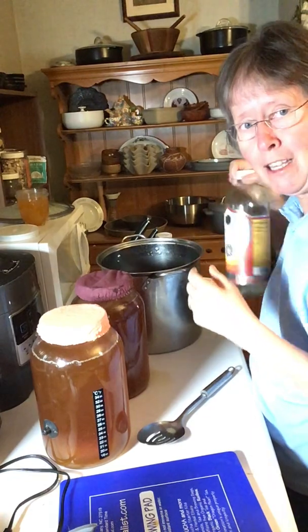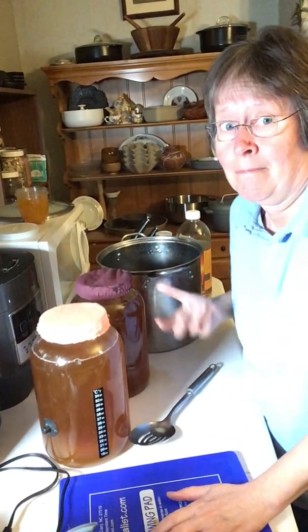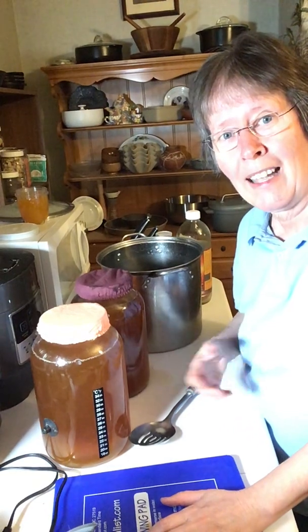So that's it. It's really, really simple. It's so much cheaper to make your own. This is generally about $8 or $9 in the store, just this size. And making your own, it's the cost of some loose leaf tea. That's pretty inexpensive, so it's a great way to save money and at the same time promote health